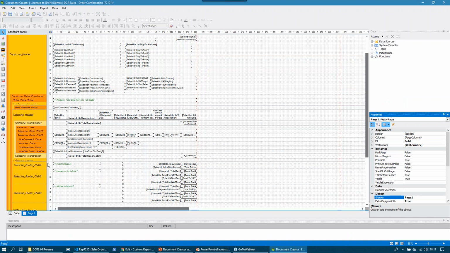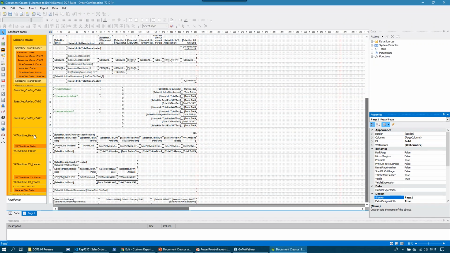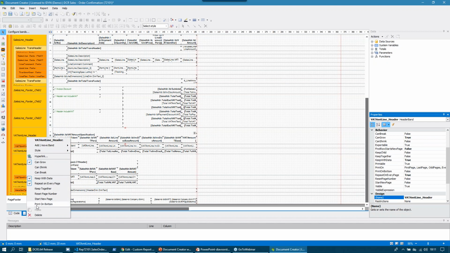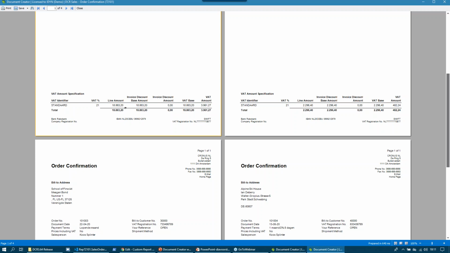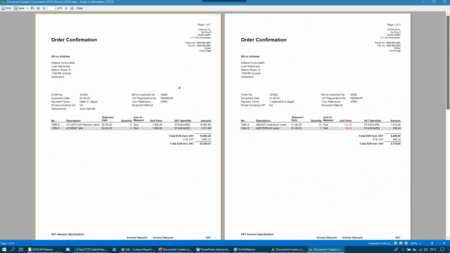In here, it is just a matter of selecting the sections where the VAT information is printed, which is this header with this line and footer information. So this group of sections down here. So it's a matter of clicking the right mouse and selecting the print on bottom property here, and it now jumps to the bottom of my page with, of course, respect to the footer that was already there. So this is the fixed footer with some banking information on the bottom of my page, and right on top of that there's the VAT specification block. So very easy to use,